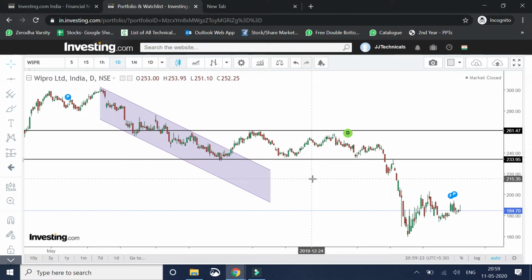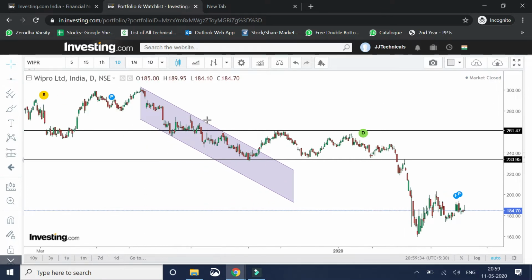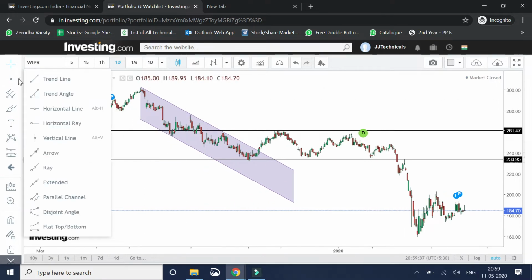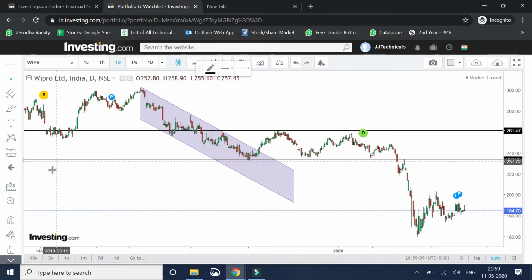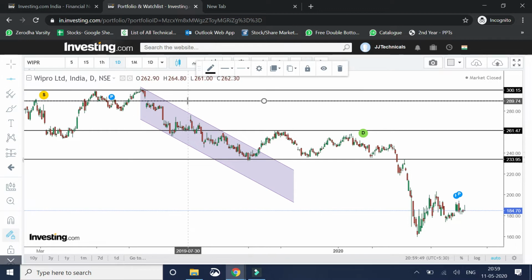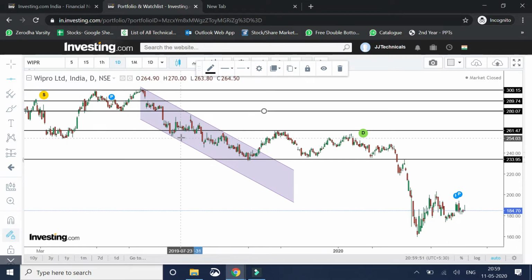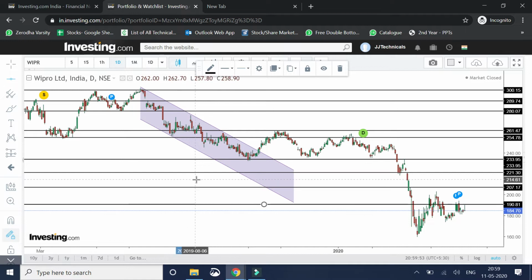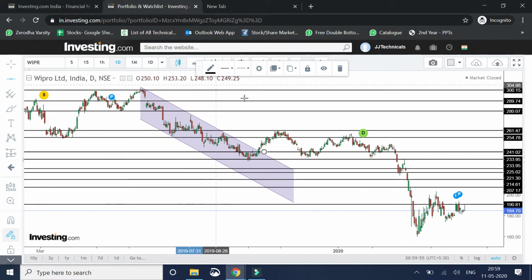And now you have to select each and every time for drawing this horizontal line or whatever pattern. You have to go here, click again and again. So instead, if you want to draw lines continuously, just click here, click the horizontal line and just click this. This stays in drawing mode. So just click this and then draw here. One horizontal line, one more, one more, however many lines you want, you can click. So this is how we need to draw all these horizontal lines.